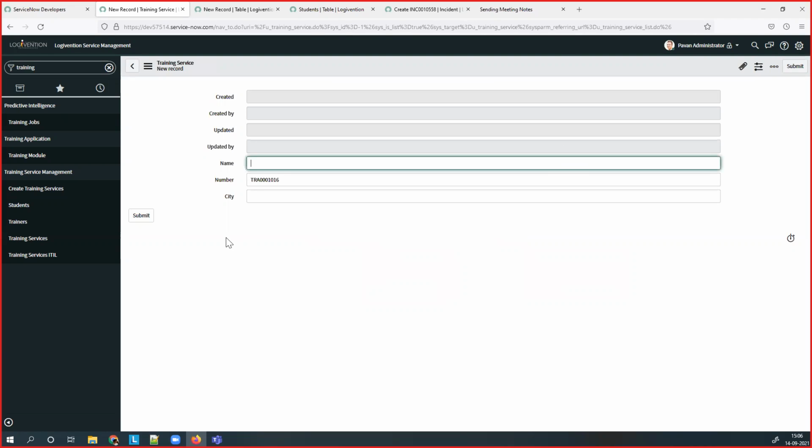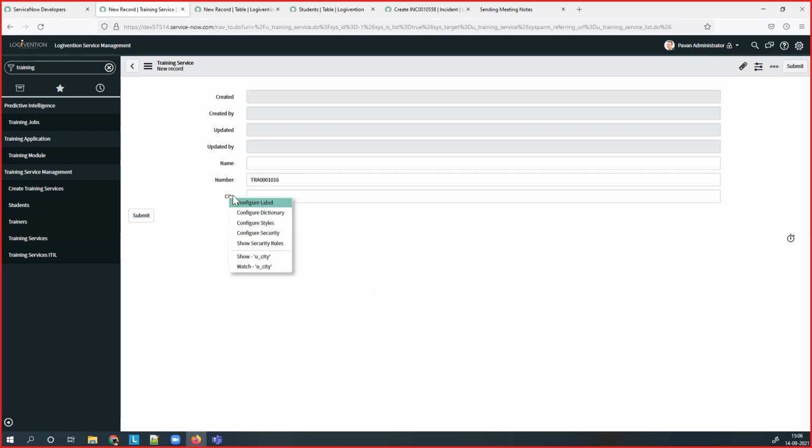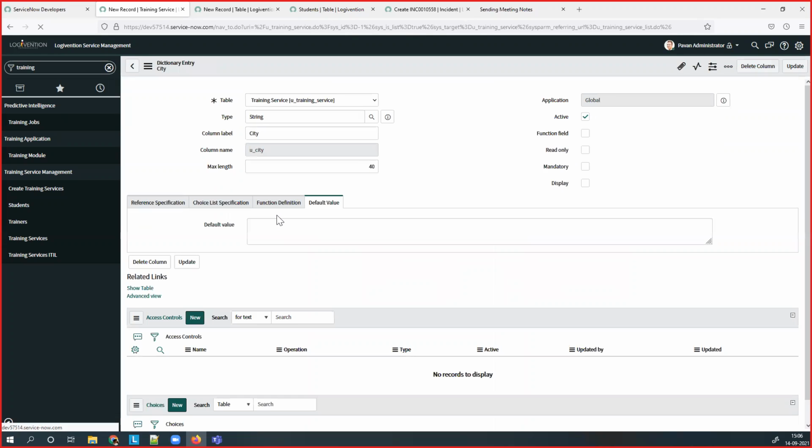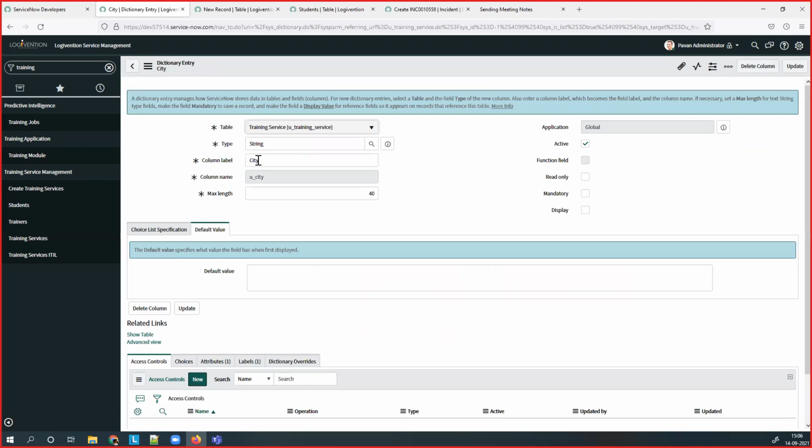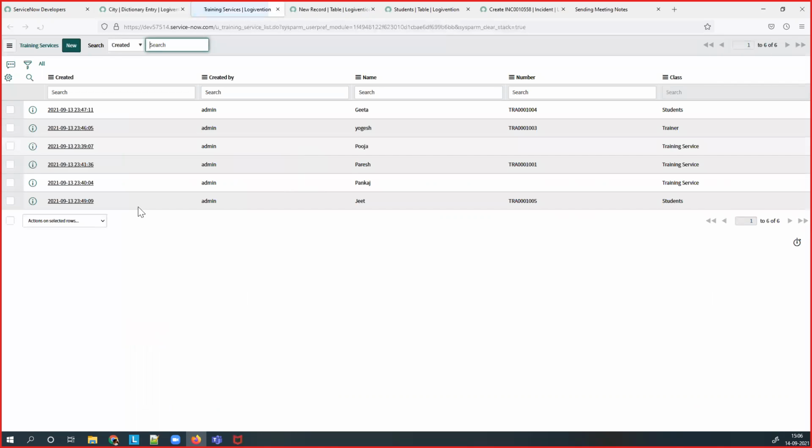Now you know what the standard way is to create the field. How to go to the dictionary entry of this field? Right click, configure dictionary. It will open this field record in the dictionary entry table. So this is city. I will also open the form in another tab. This is our form